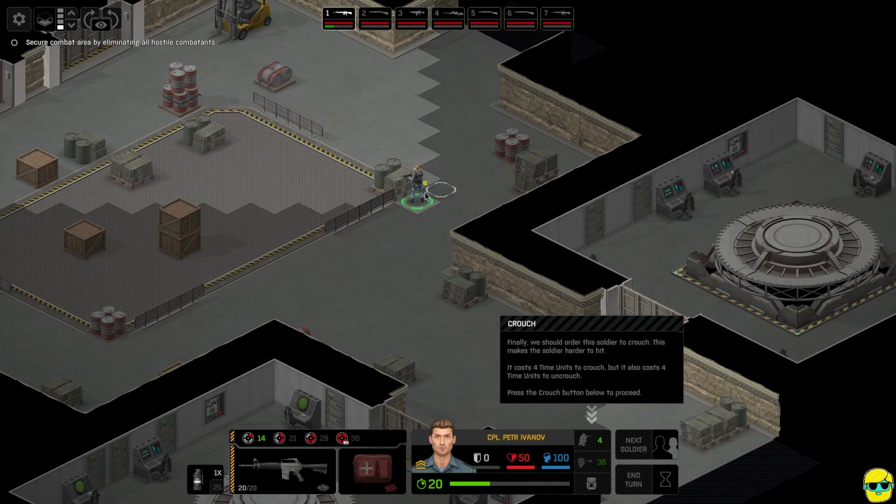Finally, we should order this soldier to crouch. This makes the soldier harder to hit. It costs 4 time units to crouch, but it also costs 4 time units to uncrouch. Now,